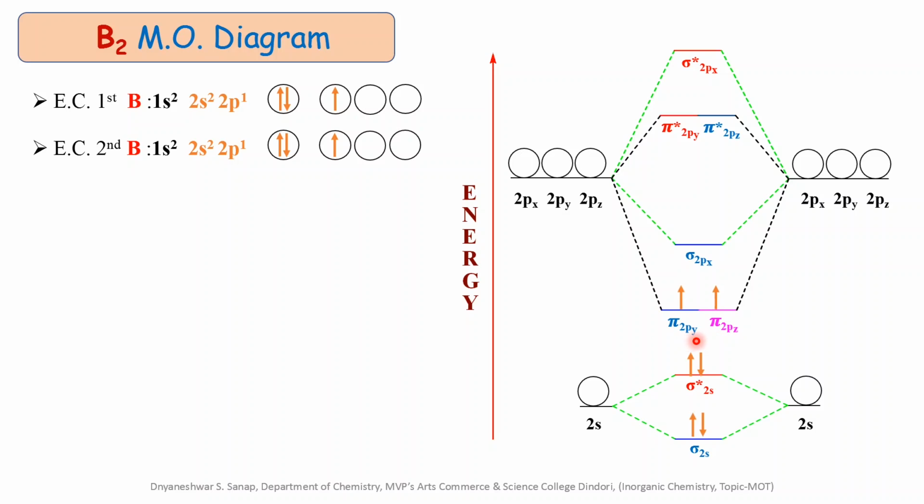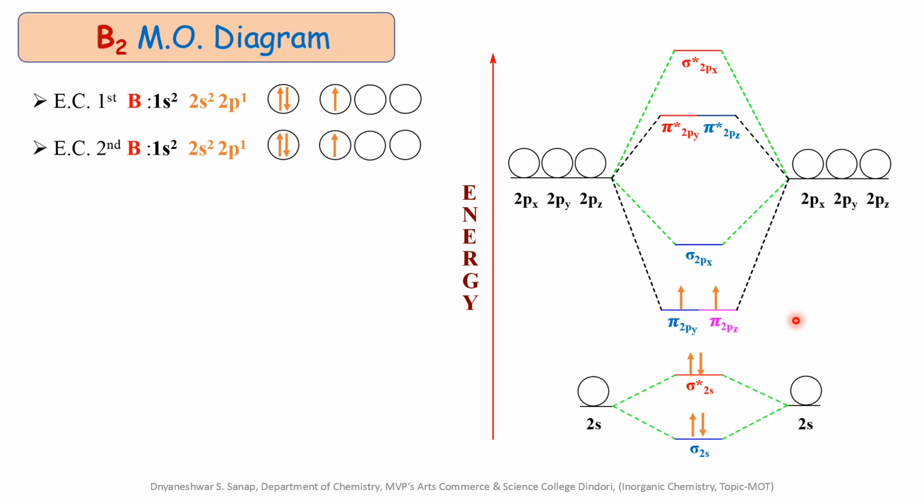According to Hund's rule of maximum multiplicity, there is no pairing of electrons in degenerate atomic or molecular orbitals if each orbital does not yet have at least one single unpaired electron in it. After filling at least one electron in each degenerate orbital, pairing of electrons takes place. That's why there are 2 parallel spin single electrons in the pi 2py and pi 2pz molecular orbitals. From this diagram, we conclude the electronic configuration for the molecular orbitals of B2